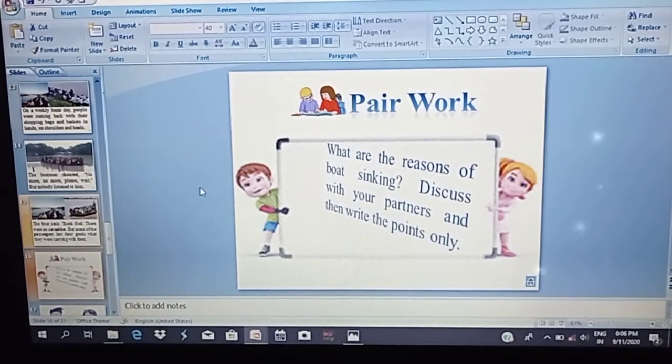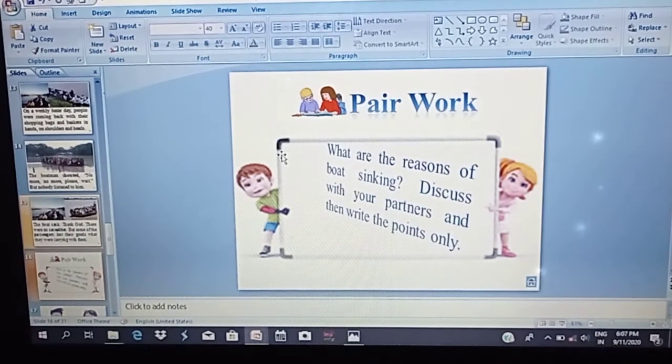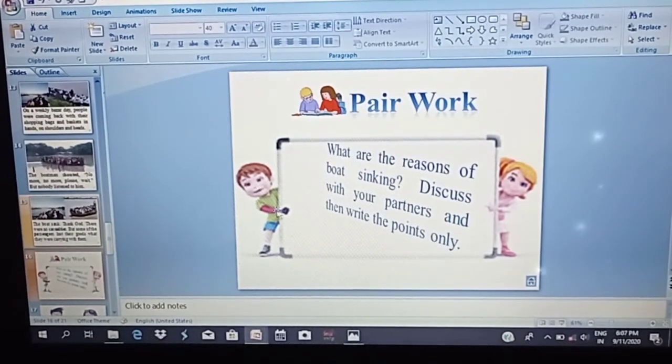Now we will proceed to the exercise. What are the reasons of boat sinking? নৌকা ডুবে যাওয়ার কারণ কি? Discuss with your partners and then write the points only. So you will have to discuss with your partner, if it is possible for you, then you will try to make a conversation with your partner about the reasons of the boat sinking. Then you will find out the points only. Okay, so